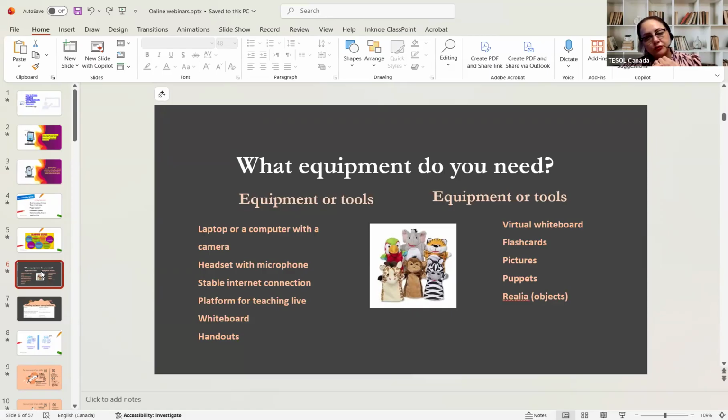So that's good for visual learners. You prepare audios, music, or different audios for auditory learners, and you can share worksheets online